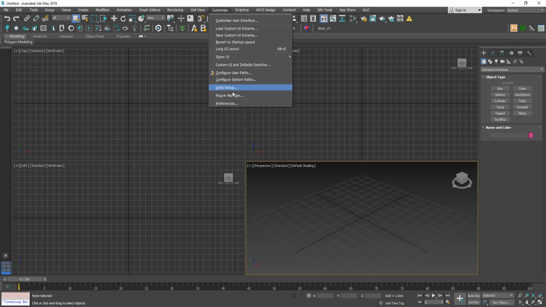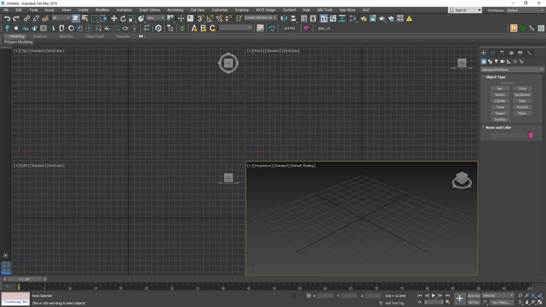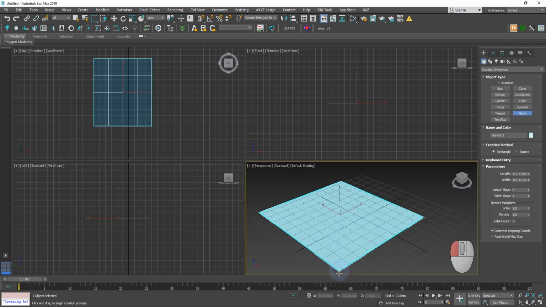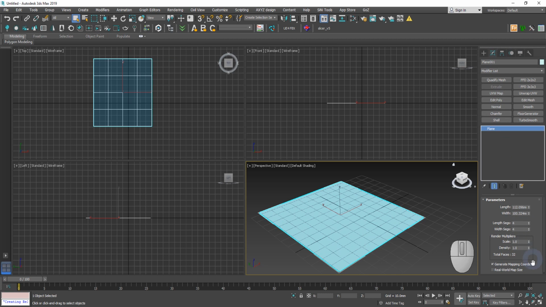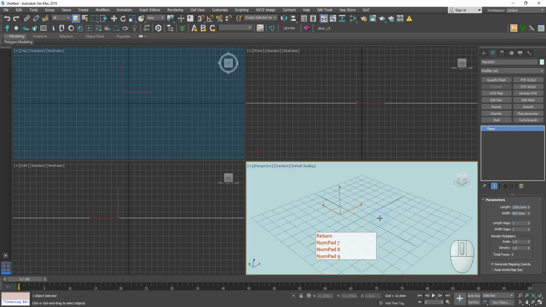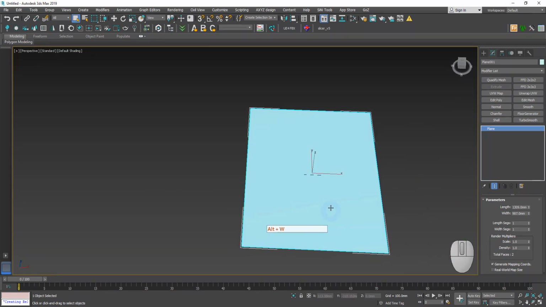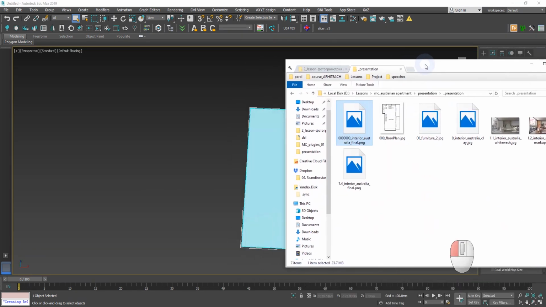First thing you should always do is to check units of measurement. You can use meters in this object since it is small. We create a plan. Clear segments and parameters. Set resolution of our plan. Zoom out our screen to the entire workspace. Then drag and drop our plan.